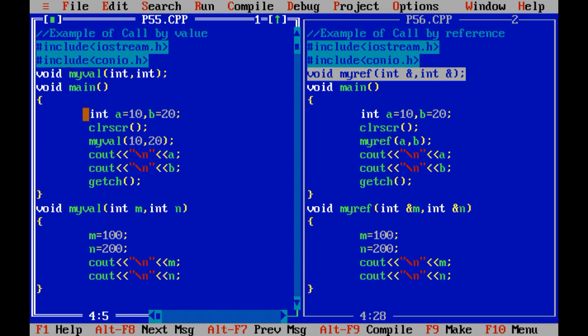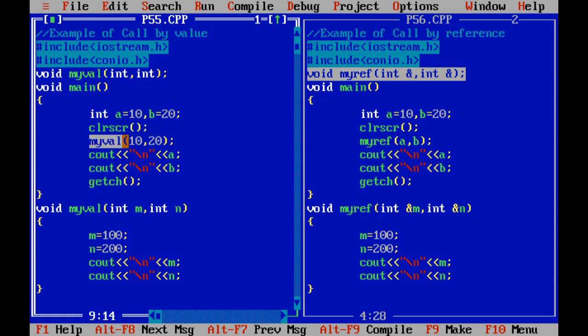Now what I have performed inside void main: I have declared two variables a and b. At the time of declaration, I am going to initialize the value of variable a by 10 and b by 20, right? So in the memory there are two boxes created for a and b. It stores 10 into a and 20 into b.